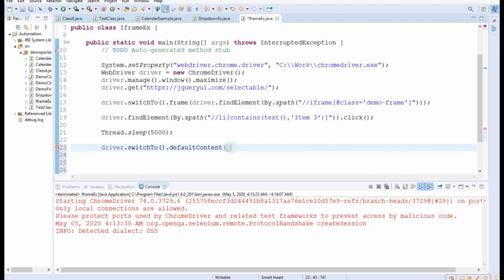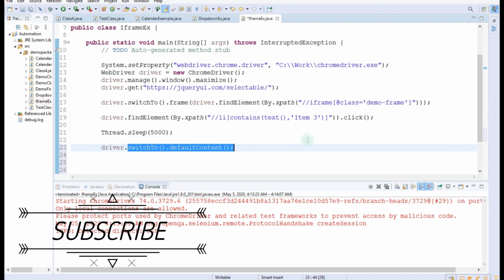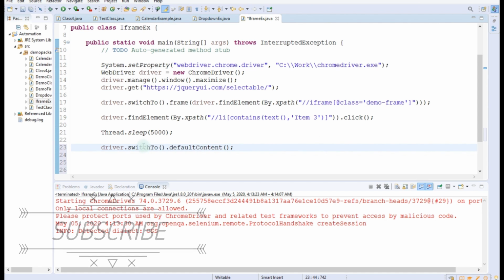So what it will do, it will switch the control of the WebDriver back to the web page from the iframe. So for performing the operations, first we have to switch to that iframe, then we will perform the operations, and after performing the operations, we will switch back to the web page which was opened by the WebDriver.